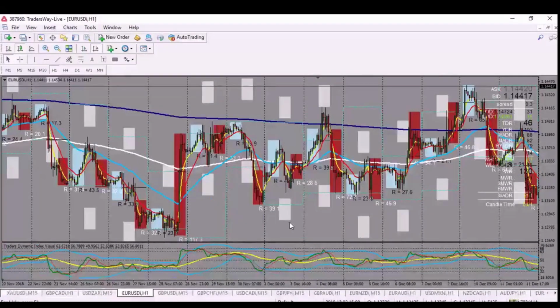So initially, when you see choppy price action like this, and you have no significant idea of where the trend is going,